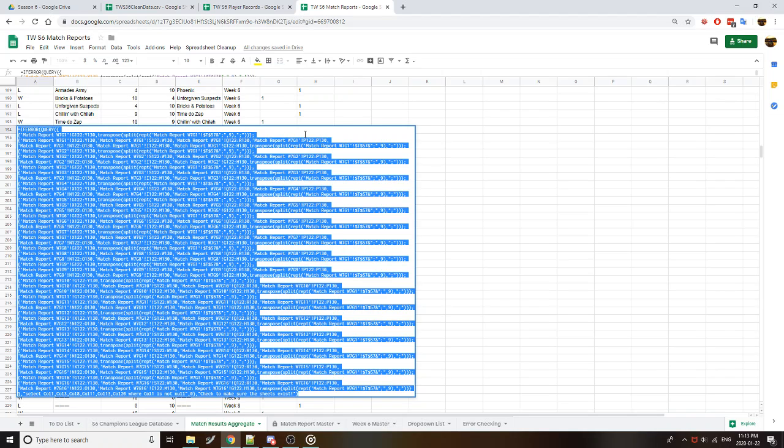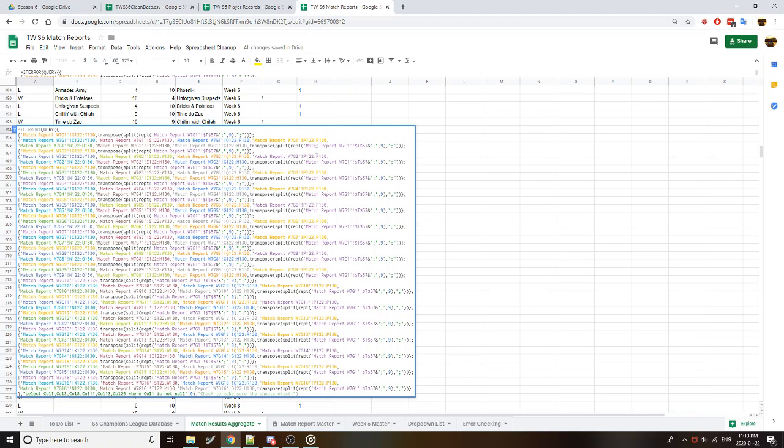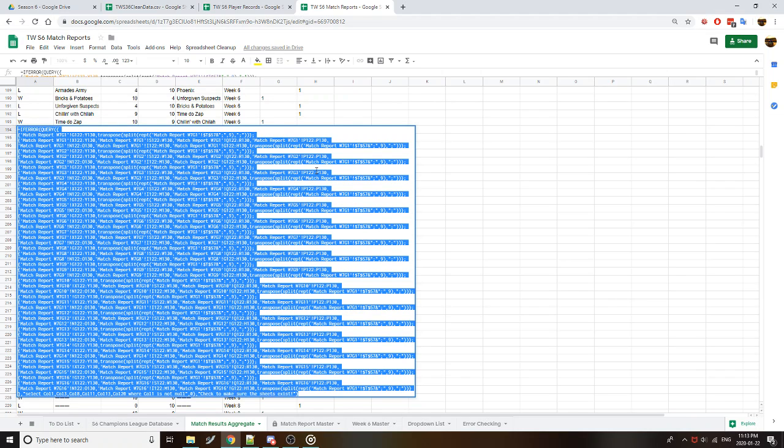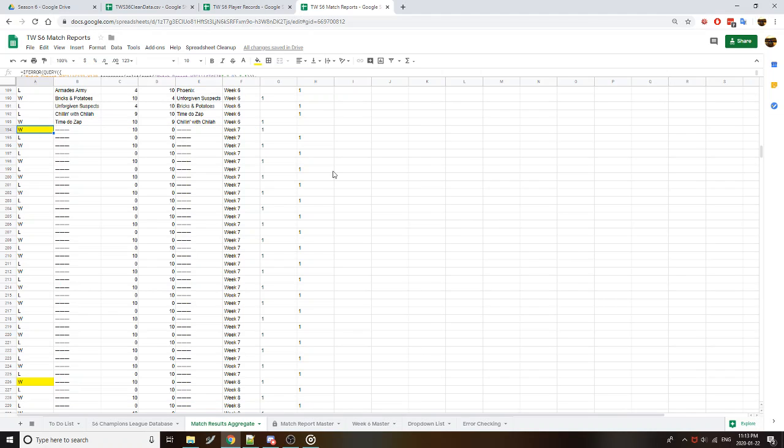So for example, if we want to change it, because right now it's set to work for week 7, games 1 to 16. So let's say we want to have it work for week 8. I've already done week 8, so we won't have to do that. But we will want to